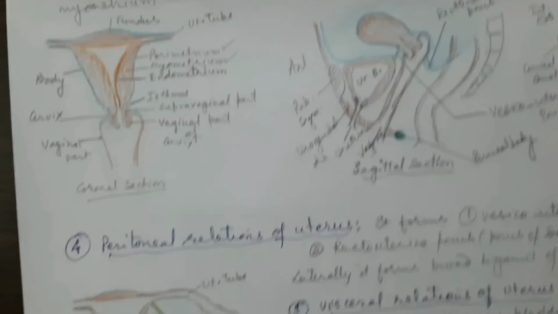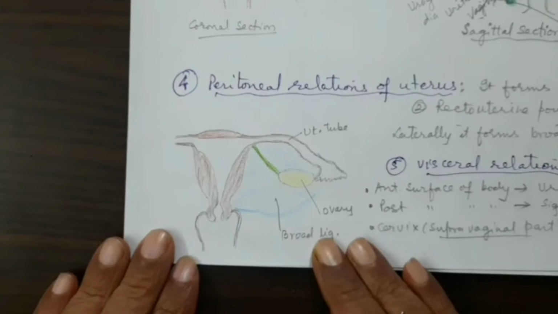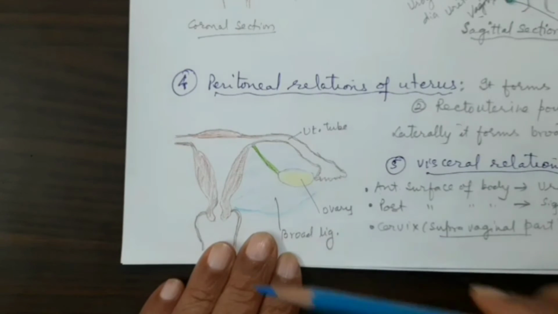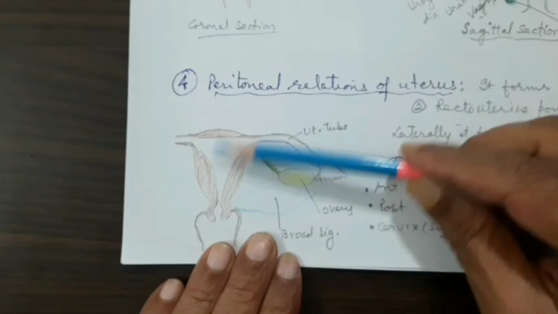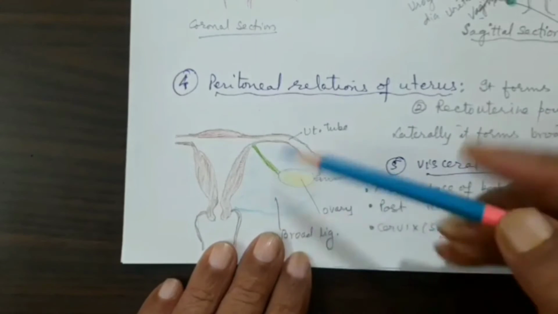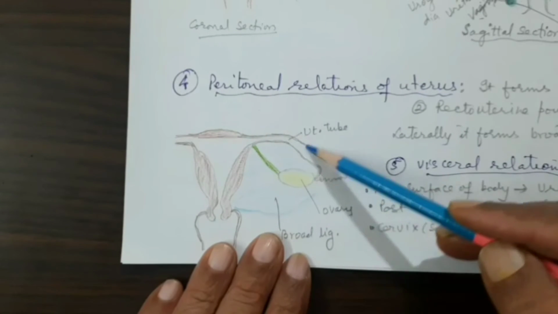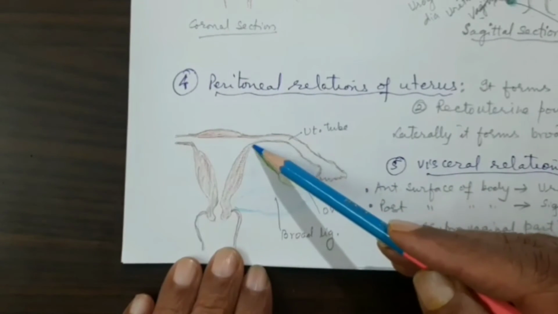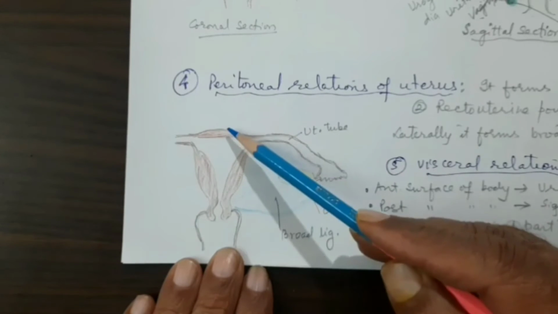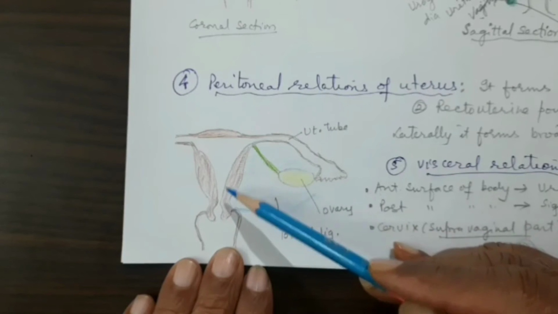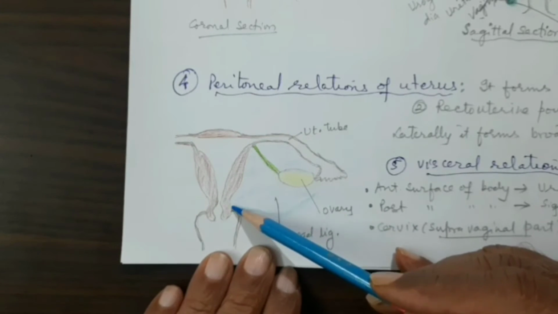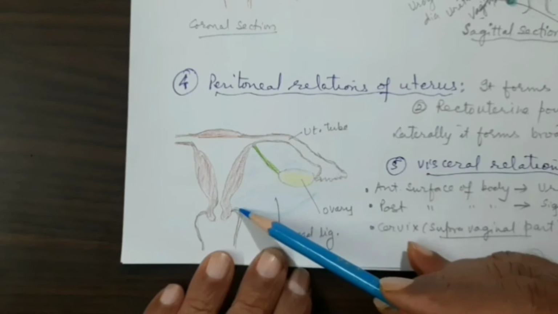Let us understand what the broad ligament of the uterus is. Now the anterior surface and posterior surface were covered by the peritoneum. The fundus was covered. At the same time, this was covering the uterine tube also. And then from this lateral border of the body of the uterus, the anterior and posterior surfaces, right up to the vagina and the supravaginal part of the